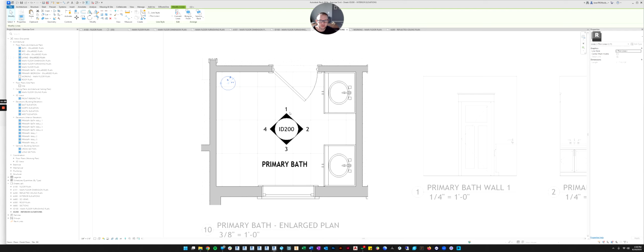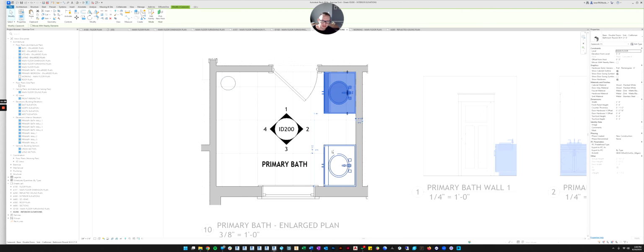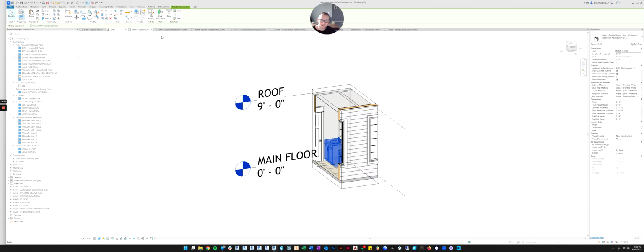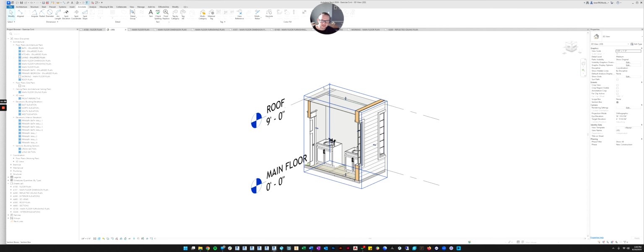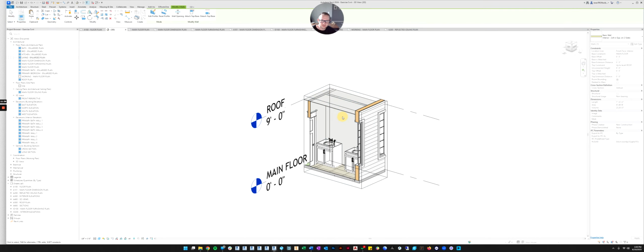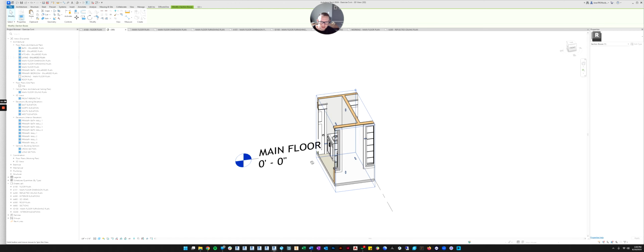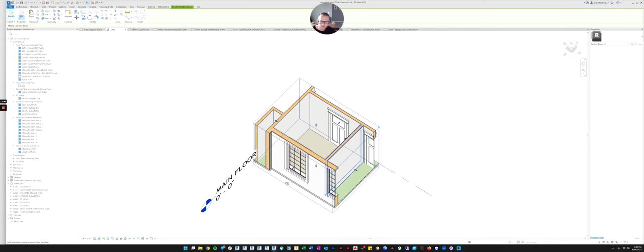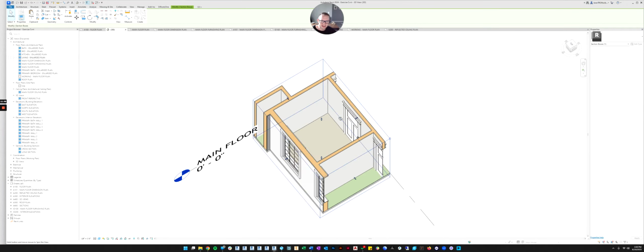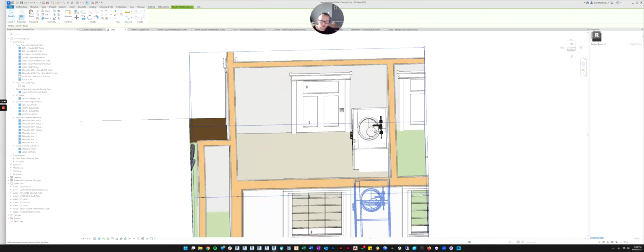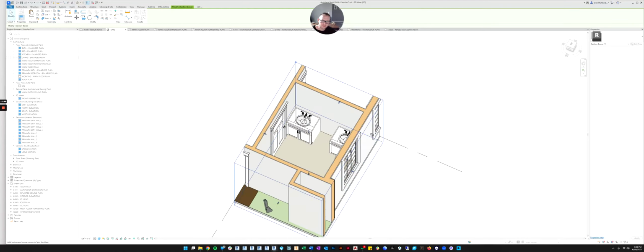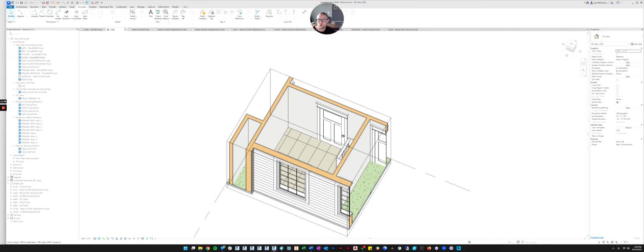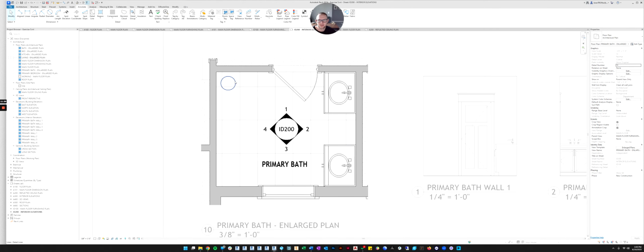Like if I was to do a 3D view of this, if I click on these two vanities and I click this little section box button, like I taught you to do, we can see inside the bathroom. Oops. I'm going to grab the section box. I'm going to pull it down a little bit. And then I'm going to pull it out so that I can see over where I drew the trash can. And you can see it doesn't actually exist. It doesn't show up anywhere because it only exists in that view because it's just a 2D annotation.